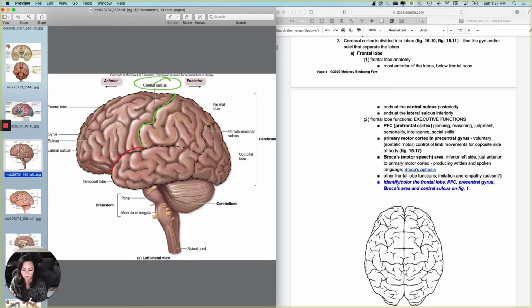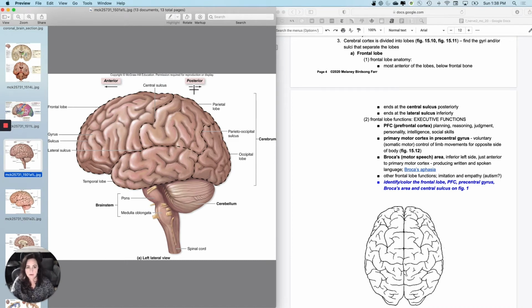This one right here is the lateral sulcus. So everything anterior to the central sulcus and maybe superior to the lateral sulcus, all of this here is the frontal lobe. Okay, and the frontal lobe is the newest part of the brain. So